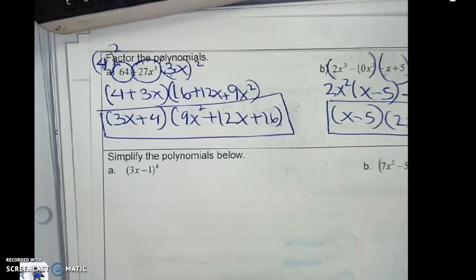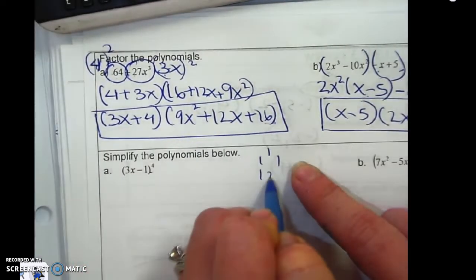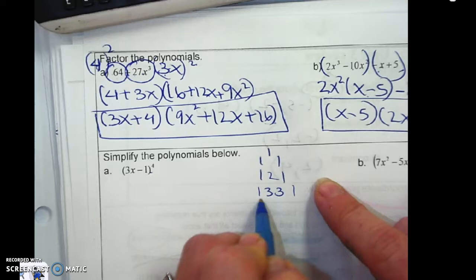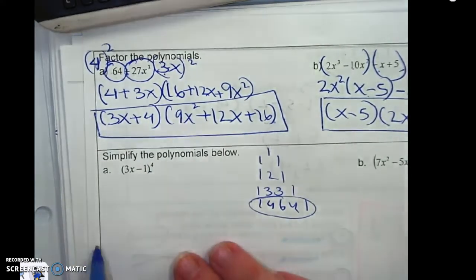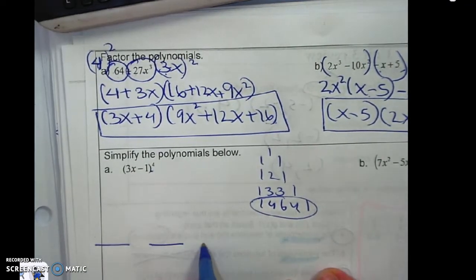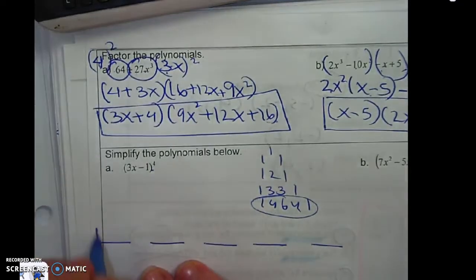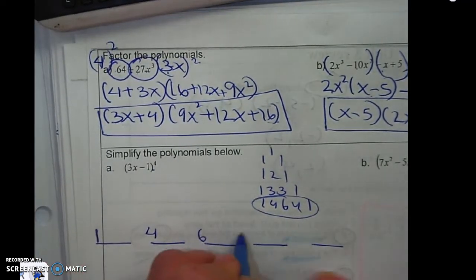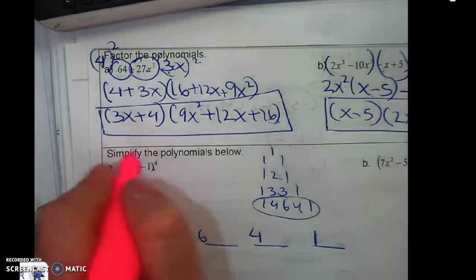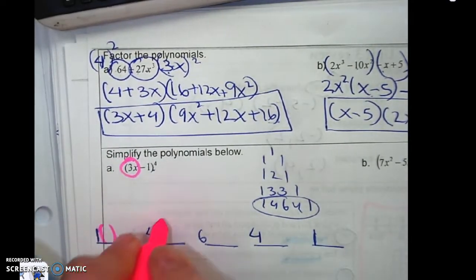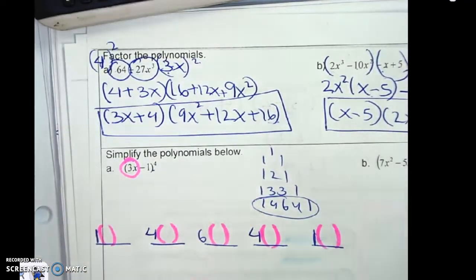All right, simplify the polynomials below. So when I see it's to the 4th power, I know I'm doing Pascal. Some of you have memorized the 4th row of Pascal. That's awesome. So 1, 4, 6, 4, 1. If you feel like you don't have enough space, then you will get a piece of scratch paper and do it on a piece of scratch paper. Now, I'm going to take the 3x, and then I'm going to take the -1,